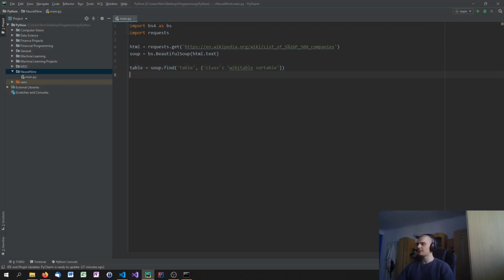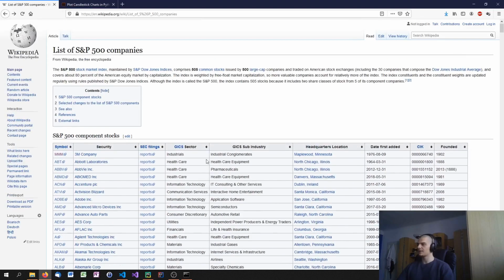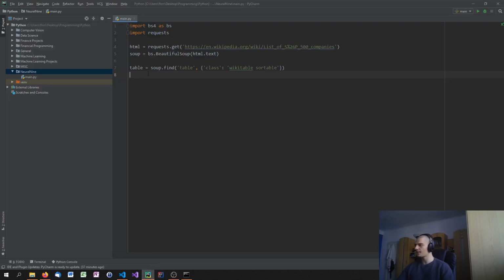So this is the first table, because the table we're interested in is the first table on this website, or at least the first wikitable sortable. I don't know, maybe Wikipedia structures its page so that some of these elements are tables. But this is just a table, and now what we want to do is get every single row of this particular table, and then from each row we want to get the first column,